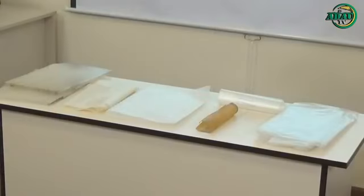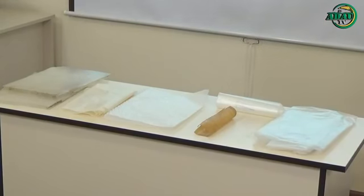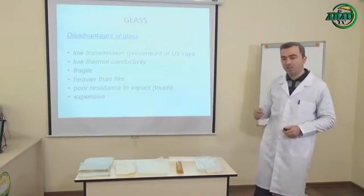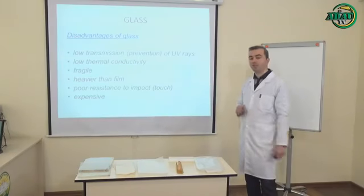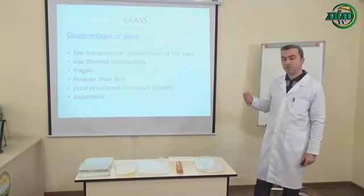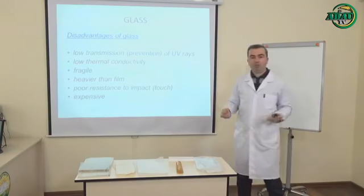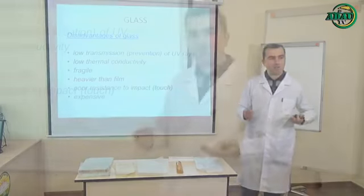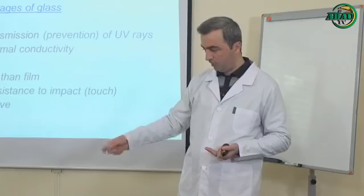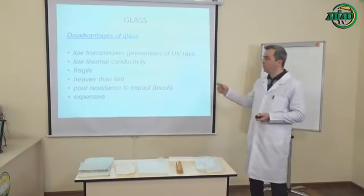In the case of glass, we can say that during the night, when the temperature outside is colder than inside, single pane glass loses much heat, while double pane keeps heat much better. We already said that glass is much heavier than films. We can talk about films later, but it's heavier than the films available on the market, and also it's fragile